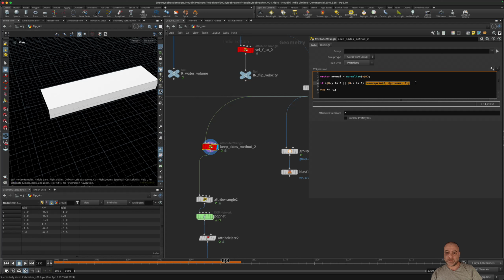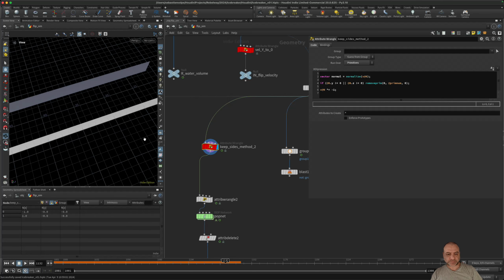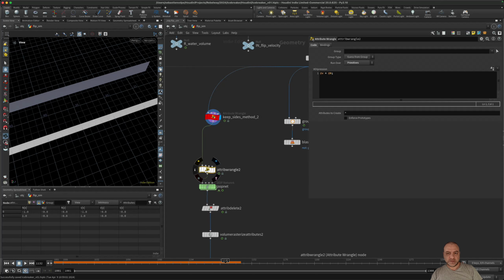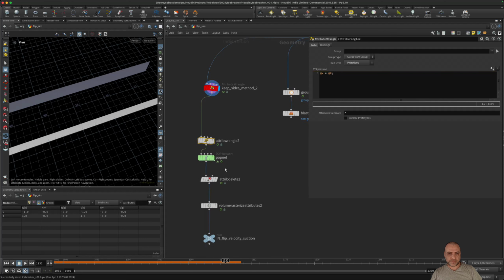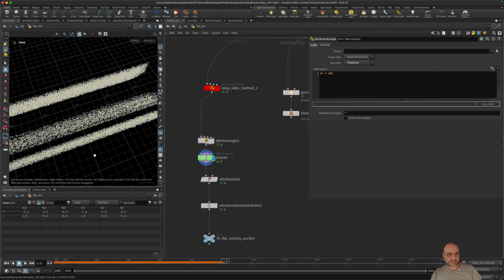So remove the prim, and this is what I've done. And after, I just invert the normal. After, I just add velocity according to the direction, with the normal pointing to the center, and I use a pop network.